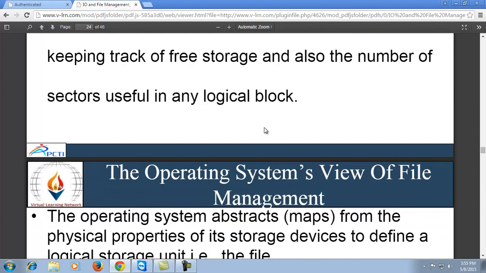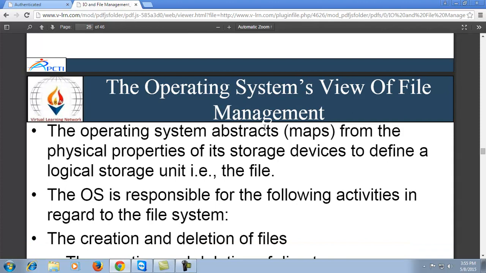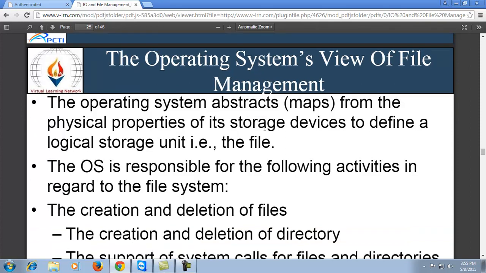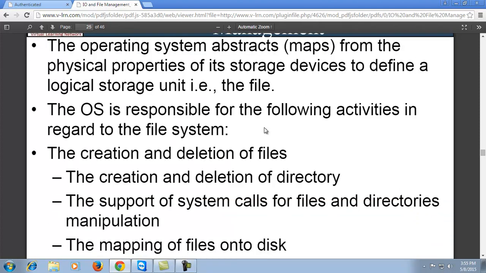Now, the next is the operating system view. There are three views: one is the user view, another is the programmer view. Now the operating system's view of file management. In this, it logically manages all the files and all the content inside the memory space. The operating system abstracts from the physical properties of its storage devices to define a logical storage unit, the files. The operating system is responsible for the following activities in regard to the file system: the creation and